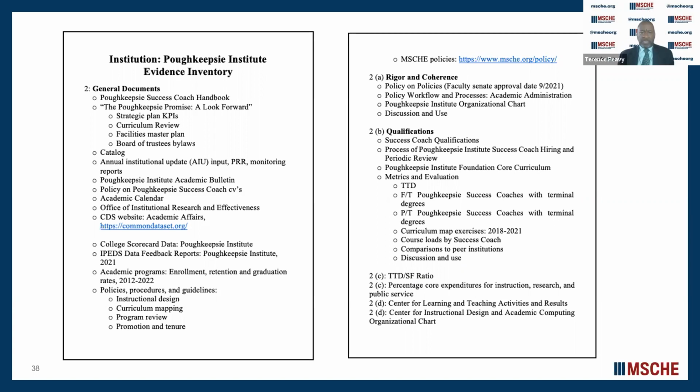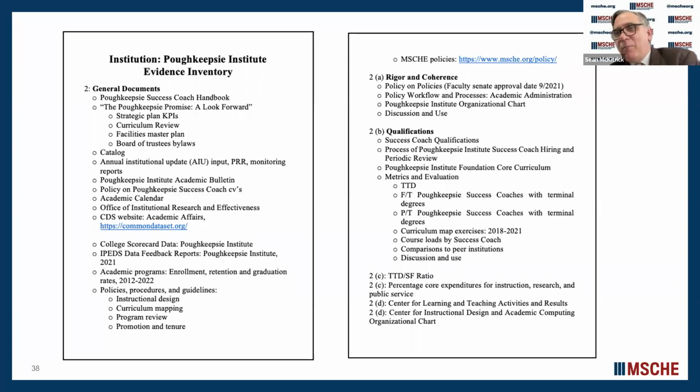So we have a question for you. Can we provide, as the presenters, recommendations for naming convention that reviewers appreciate? Sure. So it is likely better to provide what Poughkeepsie Institute has done, and that as a minimum, in some of these, like 2A, they say rigor and coherence. And then for each document, because sometimes they're file names, you might consider putting rigor and coherence: